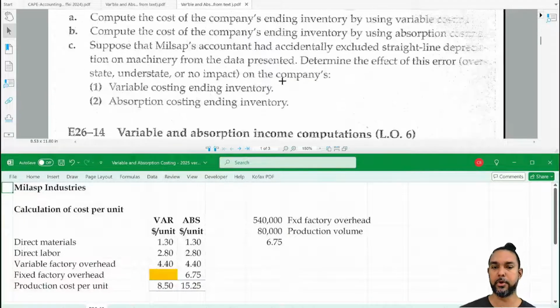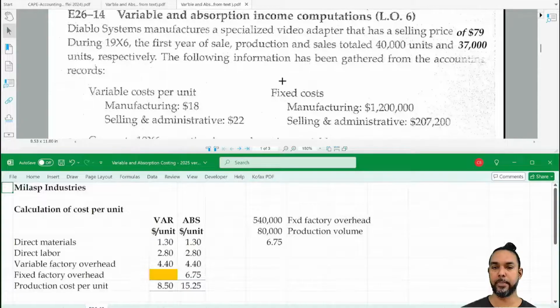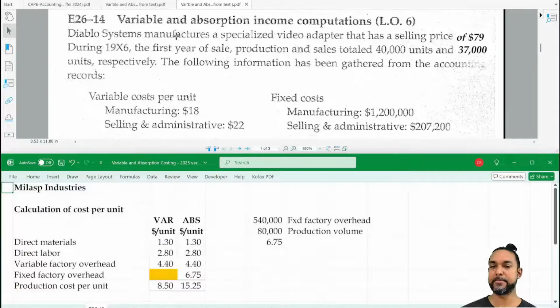Right, okay, cool. So now we're going to go down to Diablo. Right, so Diablo Systems manufactures a specialized video adapter that has a selling price of $79 per unit. Well, yeah, this was near the center of the book, so it didn't scan properly, so I had to insert those. All right, so during 1996, the first year of sale, production and sales totaled 40,000 units and 37,000